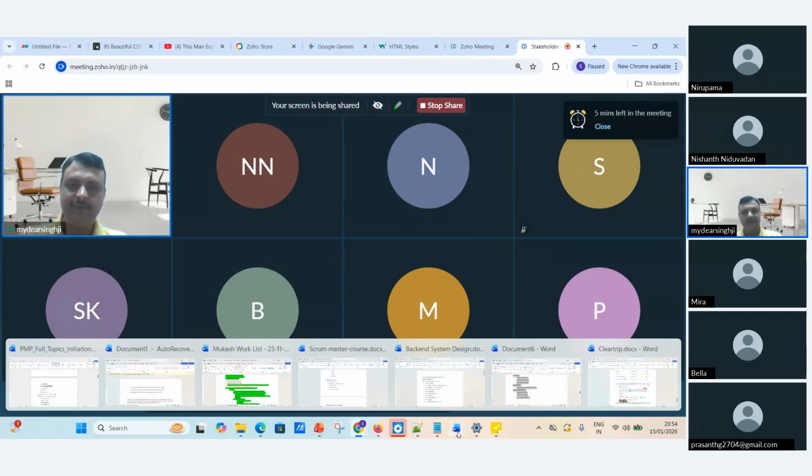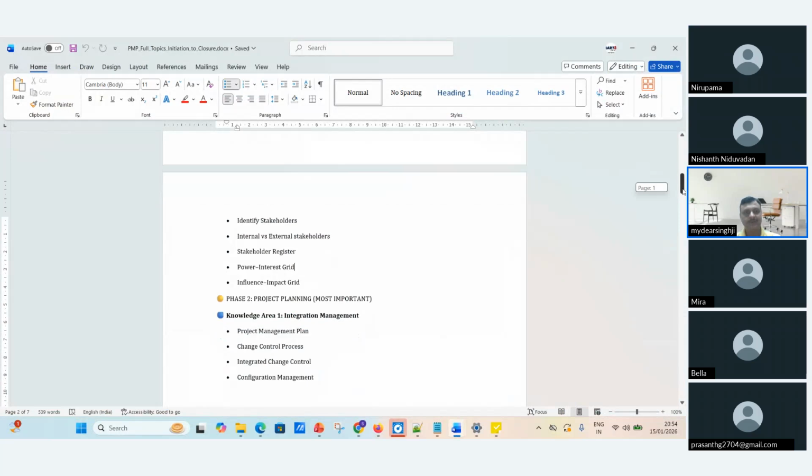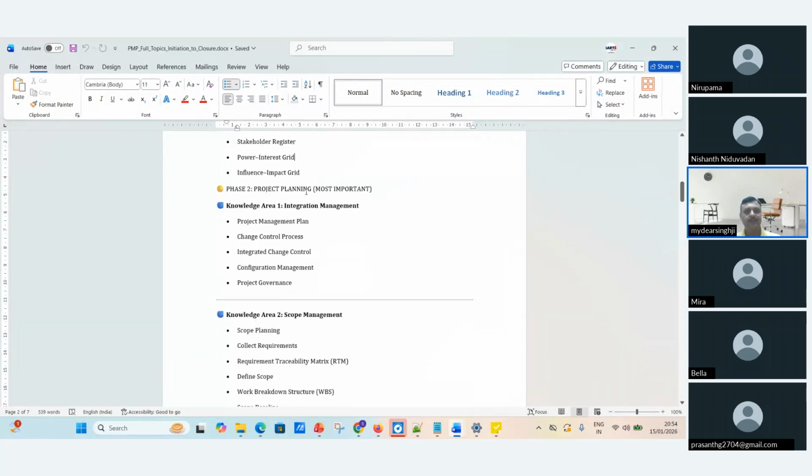Next we will see the planning phase. Project planning will be next. Inside project planning, we will cover how the project management plan works and how the change control process works.